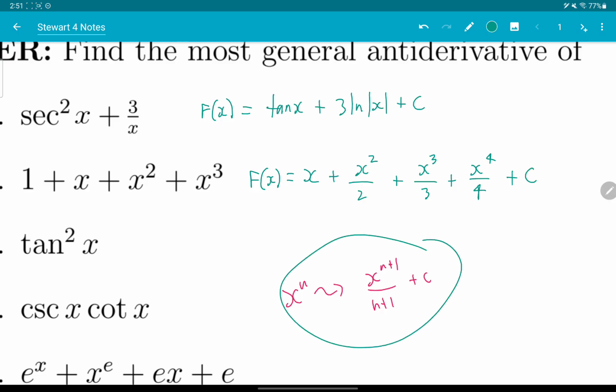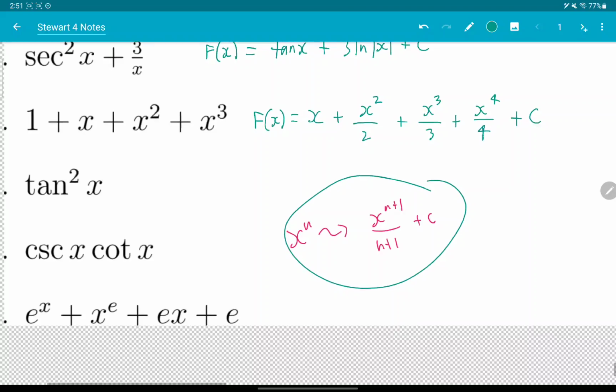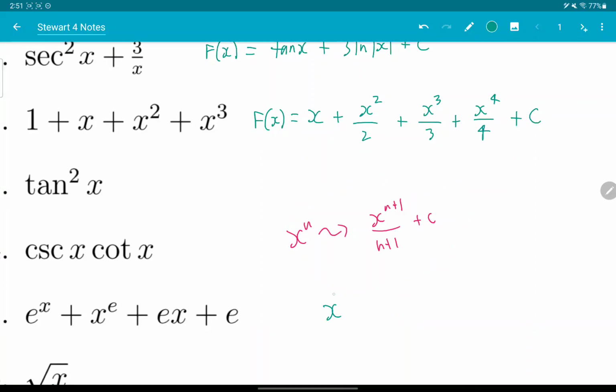Okay, so I used this formula 4 times, actually, because I guess you could think of this 1 here, if you really want to do this, as x to the 0. So that'd be x to the 0 plus 1 over 0 plus 1, which is x. I don't know if that's useful to you. If not,